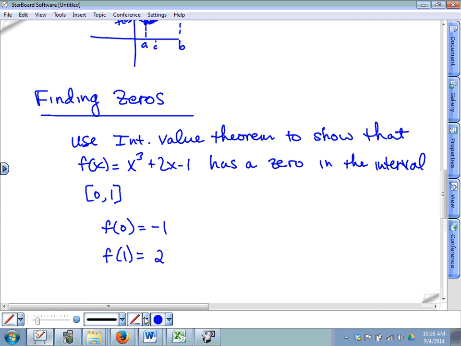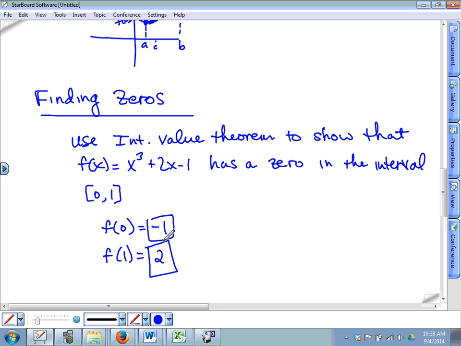What's the significance of this, you guys? This is pretty significant. F of 0 is -1. F of 1 is +2. What does that mean? How do we know that? How do we know that there's an x-intercept between 0 and 1? Because f of